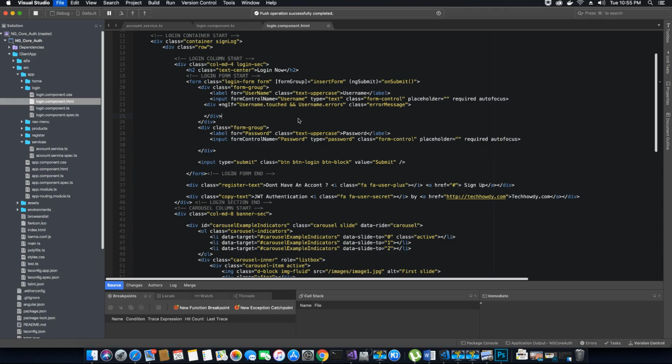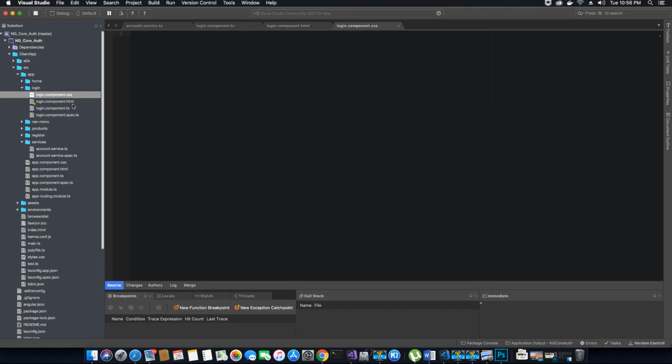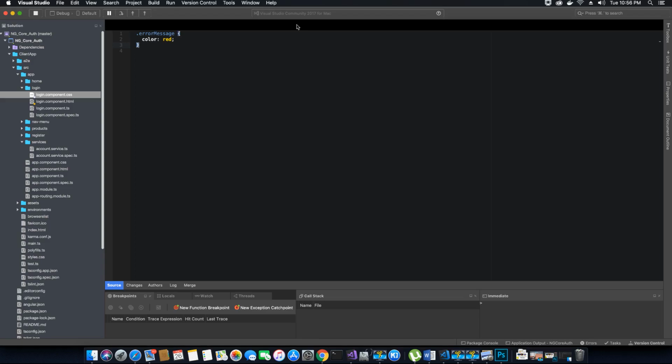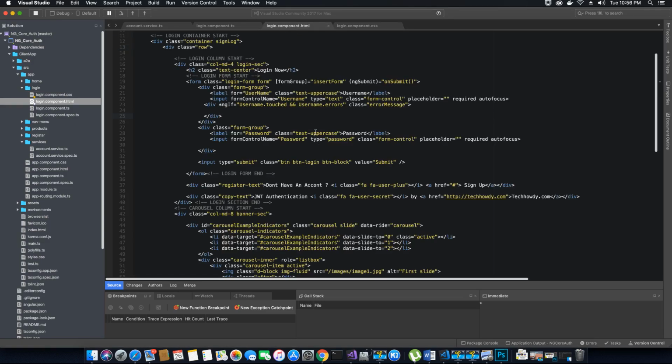and inside the CSS file of our login component, we are going to add the class for our error message. So I'm just going to change the color to red. Save this, go back to my component, and here I'm going to add a span tag,